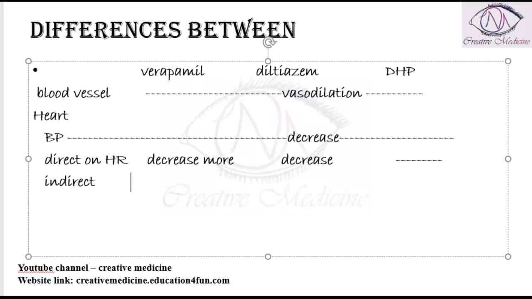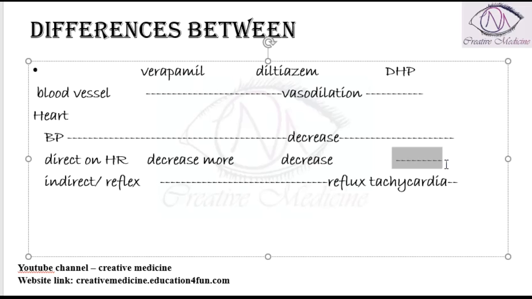Whereas for the indirect action, reflex tachycardia is seen in all these conditions, in verapamil, diltiazem and dihydropyridine. So these are the main differences between the blood pressure and the heart rate. Now, the important thing is that because the dihydropyridine does not cause a decrease in heart rate,